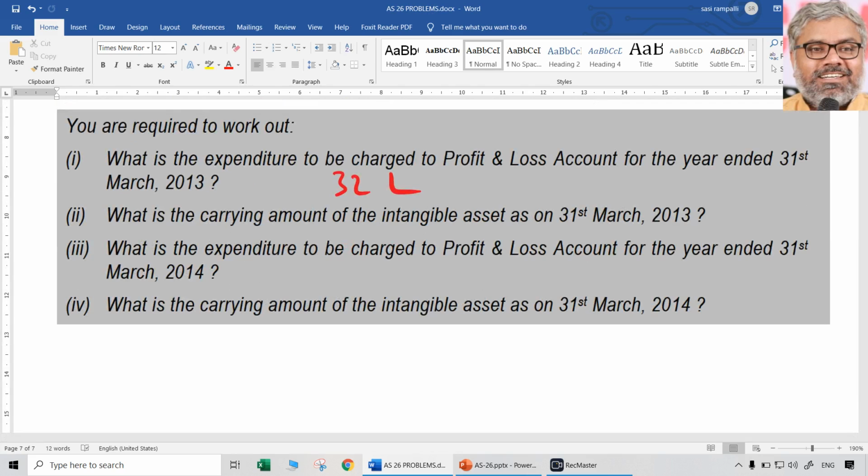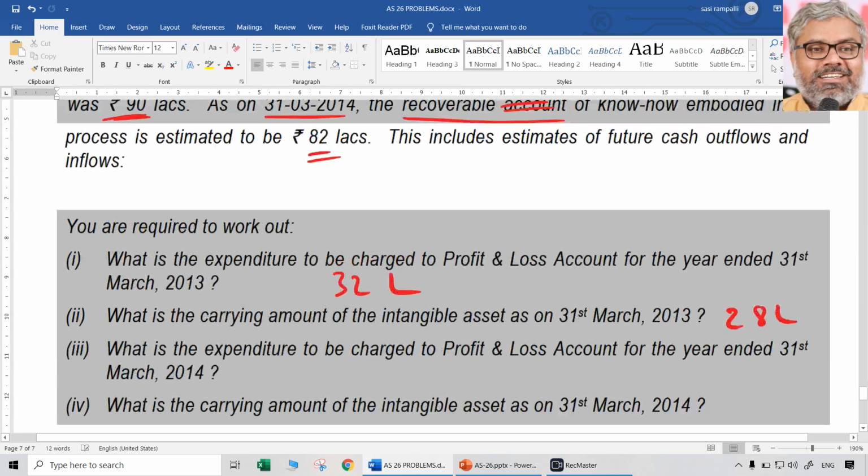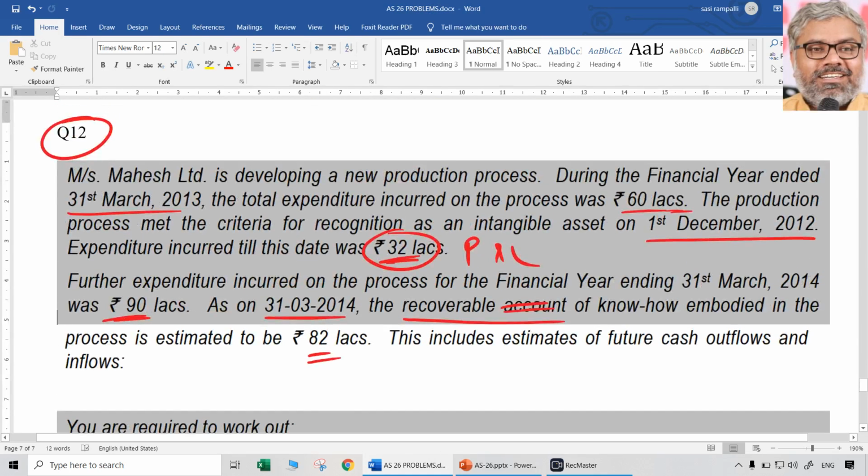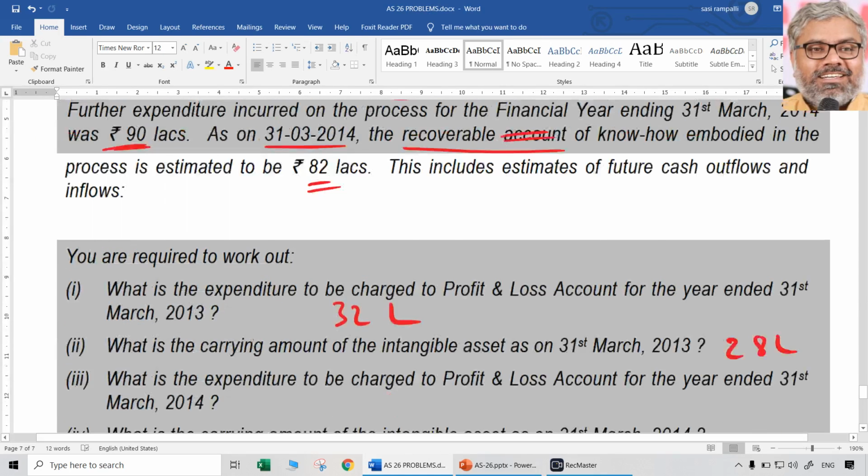The answer here is 28 lakhs. Third, what is the expenditure to be charged to the P&L account for the year ended 31st March 2014? That is an interesting question because already there was 28 lakhs, plus during the year 2013-14 another 90 lakhs was